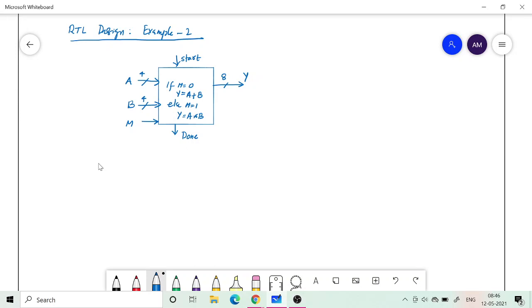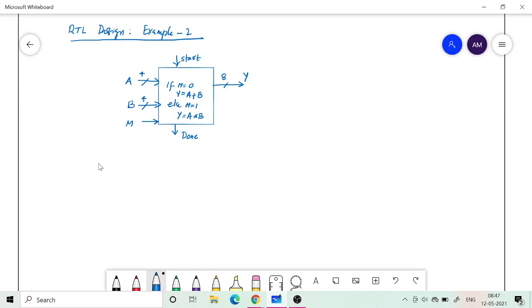So let us look at what should be there in the data path. First of all, since our whole design approach is going to be based on register transfer operations, we will have a register for storing A and storing B, because A may go away after, say, 1 clock cycle.